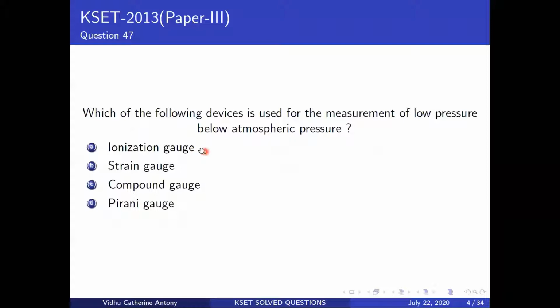The Pirani gauge is about 1 to 10 to the power of -3 torr, and the ionization gauge I think is about 10 to the power of -3 to 10 to the power of -5 torr. Torr is basically 1 mm of Hg, 1 mm of mercury. Why do you use these devices? You're measuring the vacuum, and the only way to measure the vacuum is to measure the pressure, because you can't just measure the vacuum directly.